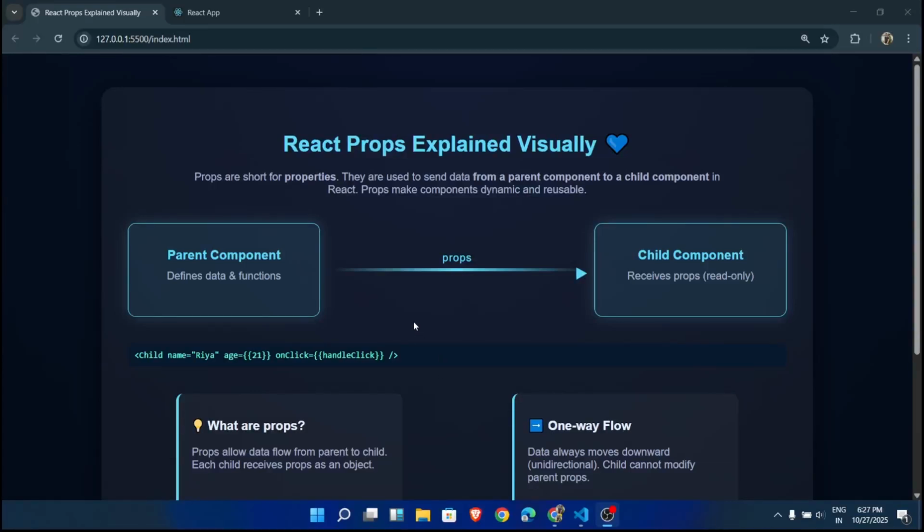In today's video, we are going to see about React props. What are props? How can we pass them from one component to another, with an example. So before we get started,